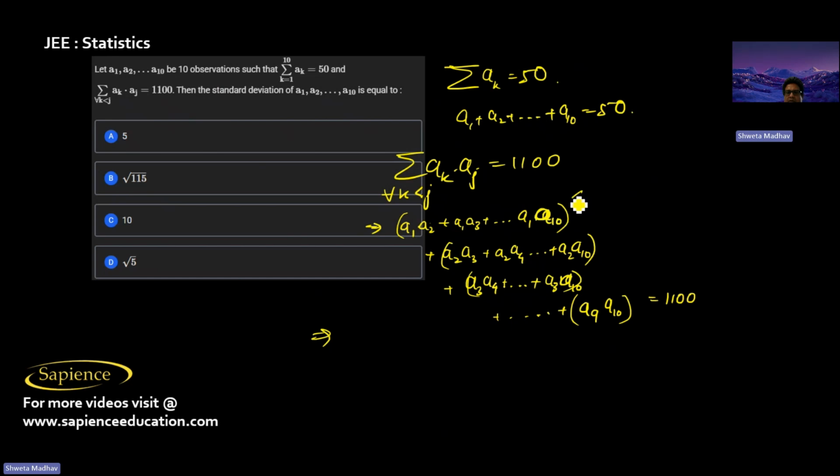That's why here I will have 2 to 10, that is 9 terms. So